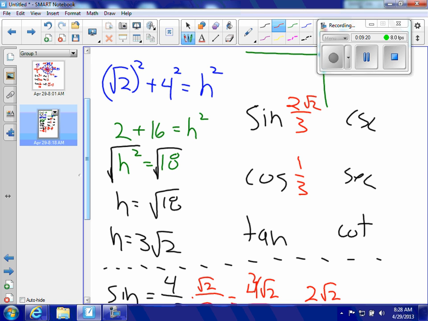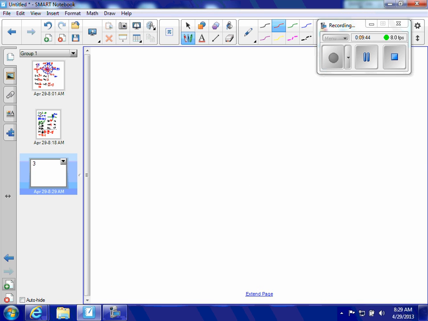Tangent is going to be sine over cosine. Now you'll note, my sine and my cosine have the exact same denominator. That means all I'm concerned about is the numerator. I could have done that, all that was. So yeah, if it's 2 radical 2 over 3, so it's 2 radical 2 over 3